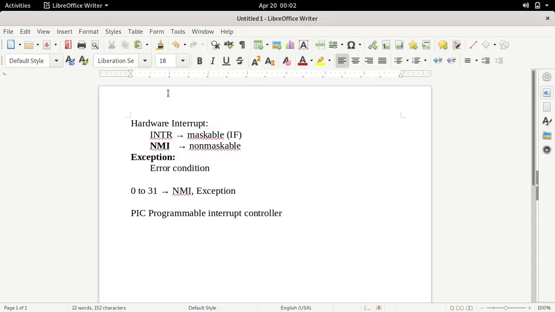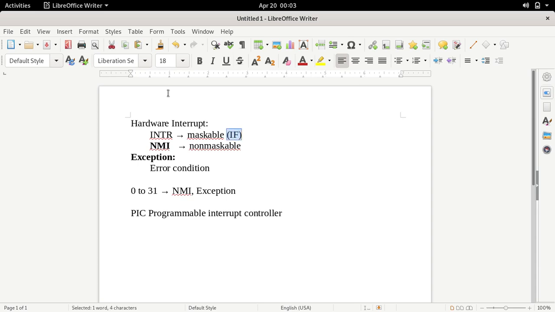Then our next topic is how to enable or disable the interrupt. Which are the different ways by which we can enable or disable the interrupt? Do you know any way? Yes. We have seen that there are two types of hardware interrupt: one is INTR and the second one is NMI. There is no question of NMI, we have seen that it cannot be disabled. And what about INTR? The interrupts which are coming on INTR can be enabled or disabled by using which flag? By using the IF flag that is present in the flag register.